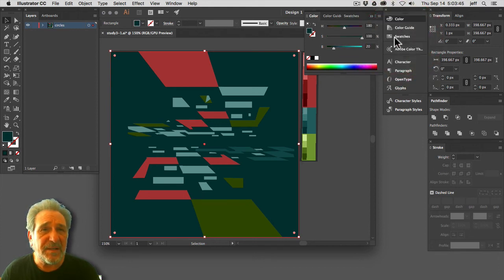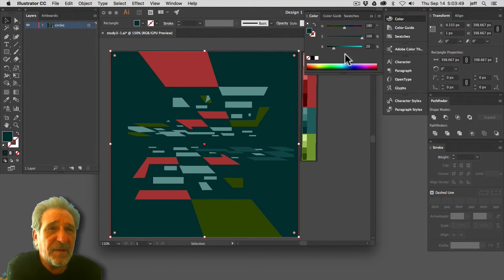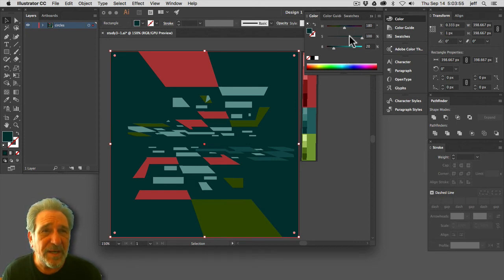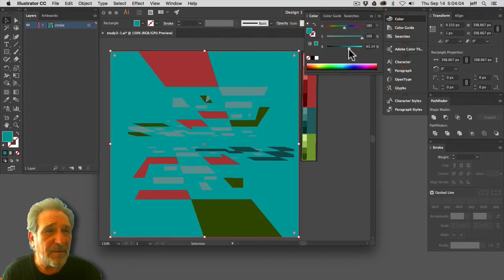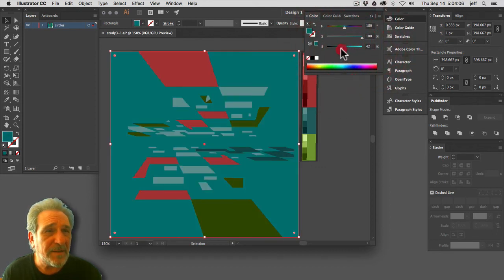and HSB is a much more intuitive color model, because now what we have is the color, the hue, the saturation, how much there is, of which there isn't much, and then the brightness, okay? So say I want to make it a little bit brighter, okay? So I can click and just drag that little thing around until I get to that point where,